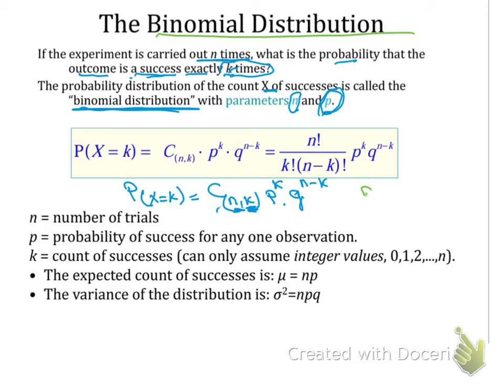So probability of x equals k, okay, equals combination of n, k, p of the selected or the success criteria of k, q, n minus k, first one minus second one, n minus k. As you remember, the combination was, if we say combination n, k,